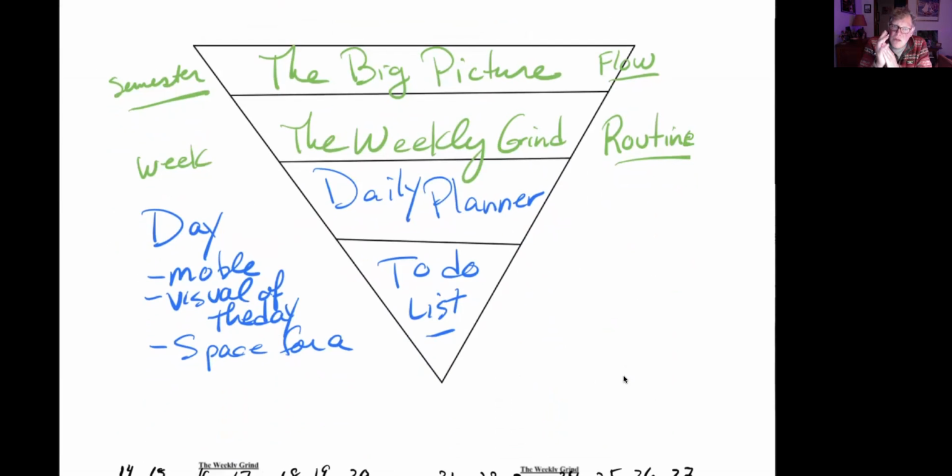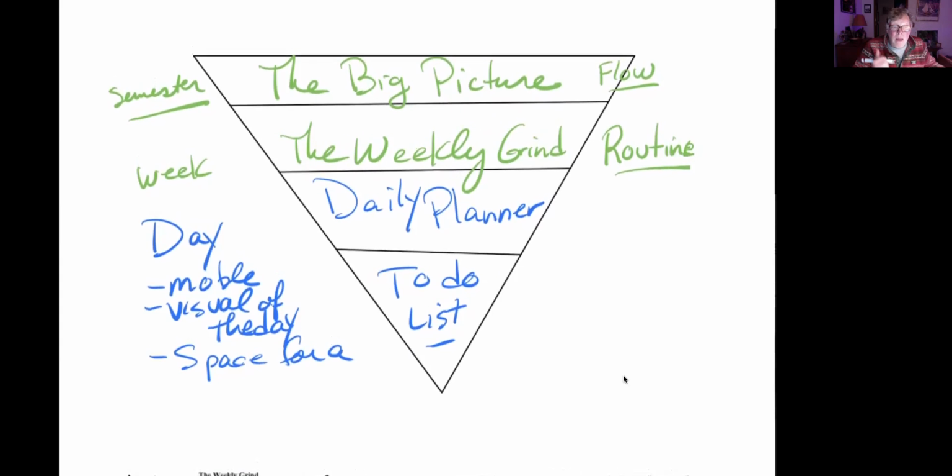Now, the daily planner needs to really be up for the complexity of your life, right? Some people have daily planners that have Monday, Tuesday, Wednesday, Thursday. That's no good. That's not up to the complexity of your life. That's just a to-do list for high school, okay? So what I'd like you to do is possibly look for a daily planner that is mobile, that is visual of the day so that you can see things, so that your right brain is processing the whole spatial evidence of your week. And it has to have space for a to-do list, of course, because you're going to be juggling a lot